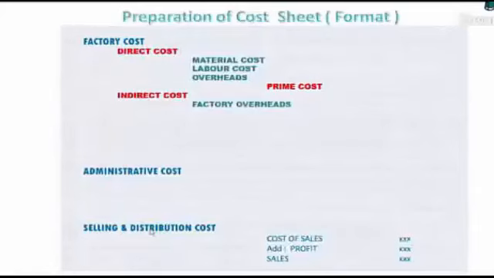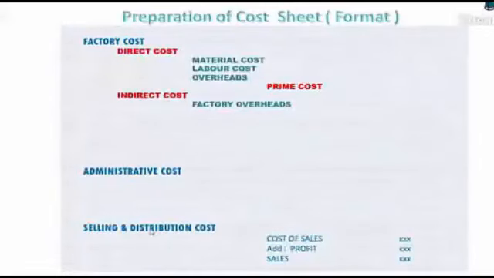Now this is the use of knowing the classification of cost. Extreme left hand side, classification on the basis of functions: factory, administration, selling. Then classification on the basis of identity: direct, indirect. And now in a direct factory cost, we are talking on the basis of elements. On the basis of element, either it will be a material, a labor, or overheads. So these three costs, direct cost incurred in a factory towards material, labor, and overhead, is called prime cost.